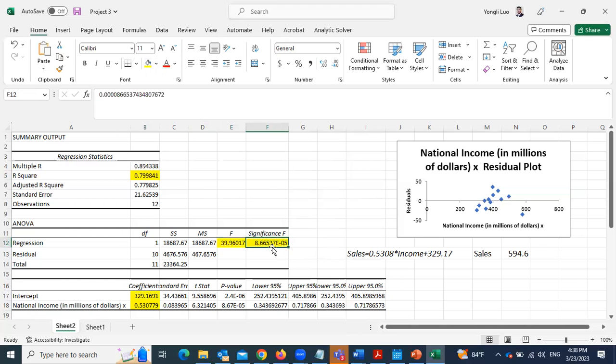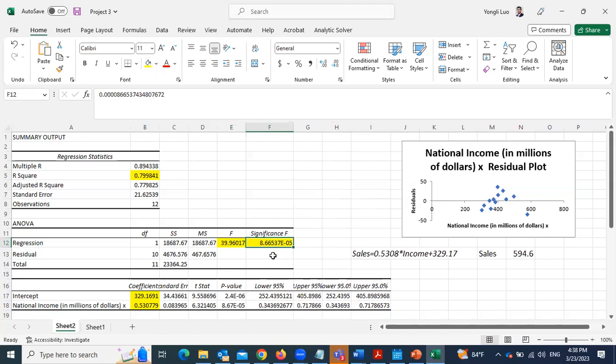Do you think this significance level is lower than 5%? Is this one lower than 5%? It's 8.94. No, it is higher. No, we have E-05. So that means it's less than